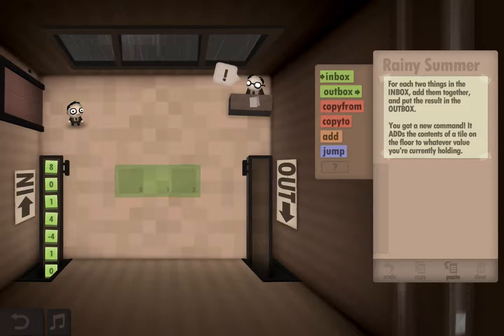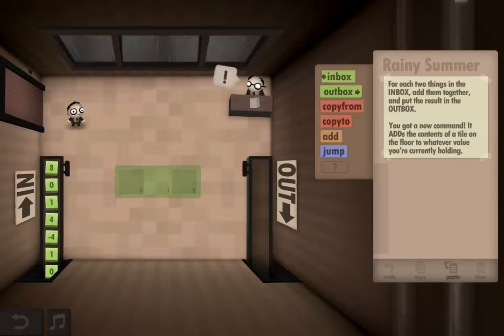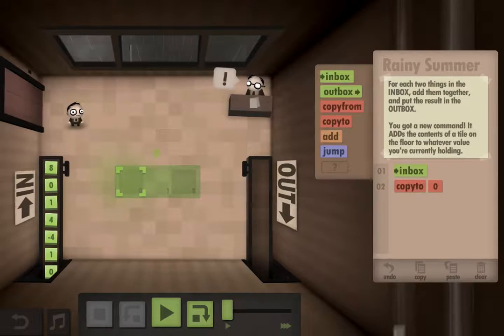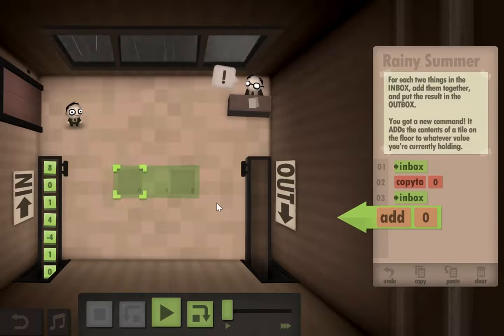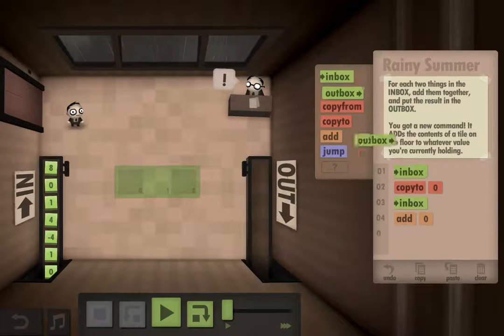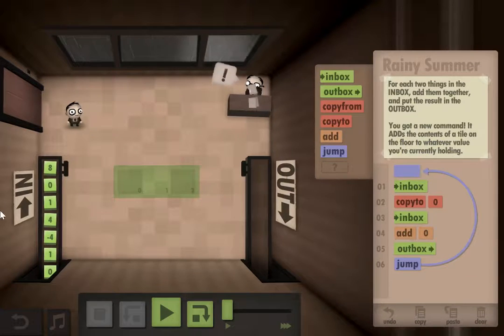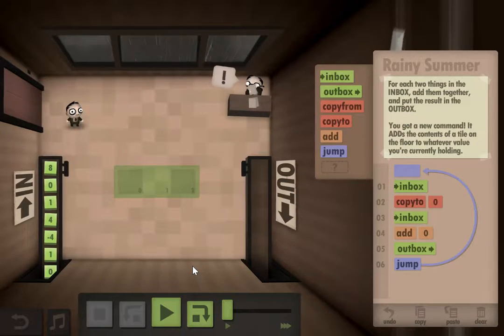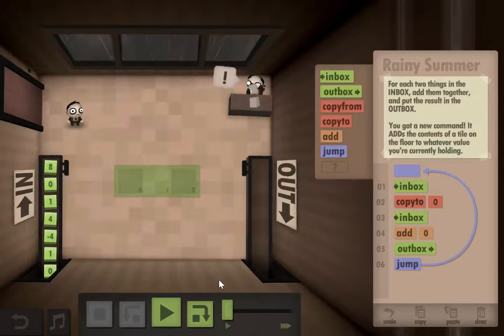Alright, now we bring math into the equation. No pun intended. Alright, inbox, copy to register 0, inbox again, add with register 0, then outbox. So what this does is you take input 0, copy it to register 0, take inbox 1, add,